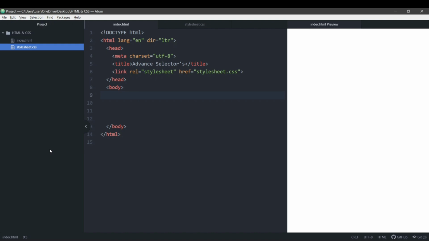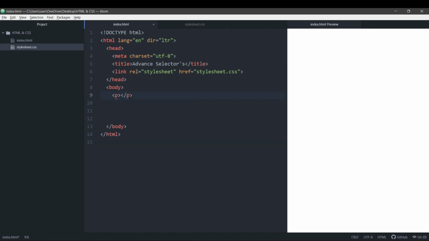Suppose you have many tags and you want a few tags to stand out. You want them to have a different style than all the other tags. This is where you can use advanced selectors. Basically, there are two types of advanced selectors. The first is called the class attribute and the second is called the ID attribute. Before moving into advanced selectors, I'm going to show you why we need them.